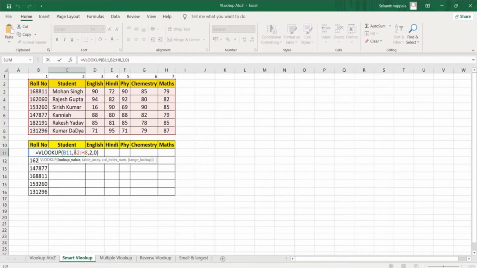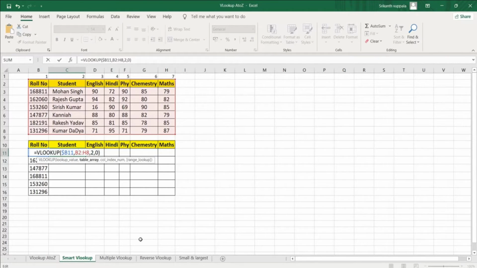We have to freeze the lookup value and the table range. To freeze, place your cursor in the cell range and hit the function key F4 3 times. You can see my range is now locked.